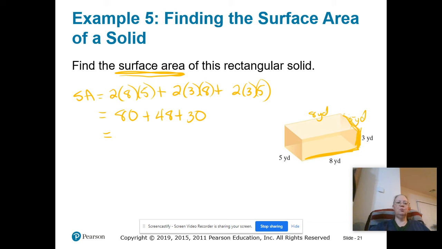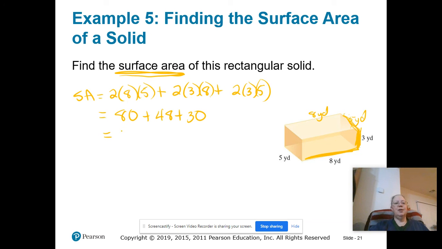It really doesn't matter. You could do 2 times 8 first and then multiply it times 5, whatever. But I find it easier to multiply by 2 last because it's easier for me to double something. But it really doesn't matter. As a matter of fact, you can probably put that in your calculator. So 80 plus 48 plus 30